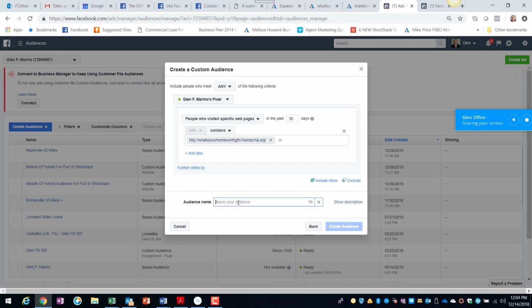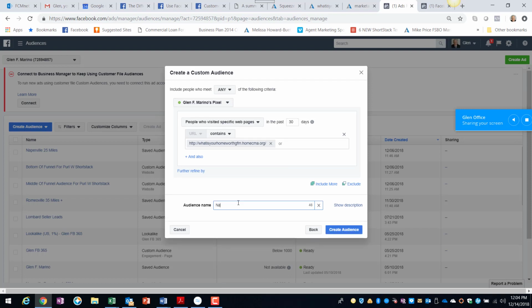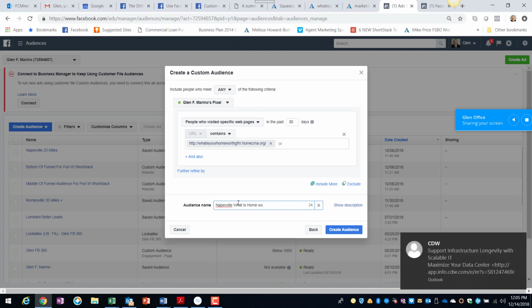Naperville, Bolingbrook, Wheaton, Orland Park, City of Chicago, wherever we're going to be. But what I'm going to do is I'm going to call this Naperville, what is your home worth,